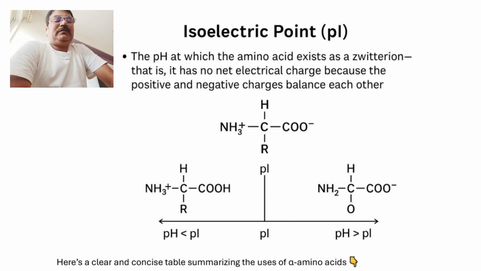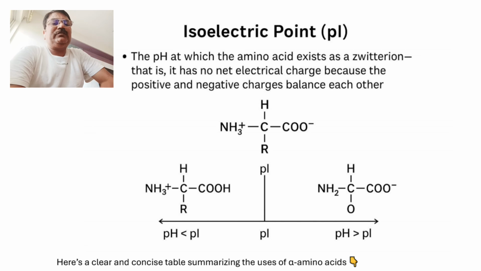Whenever a solution of alpha amino acid is prepared in water and placed in a simple electrochemical cell, as alpha amino acids are soluble in water, they exist in the Zwitter ion form. In one experiment, voltage is applied to this electrochemical cell and we are going to add some